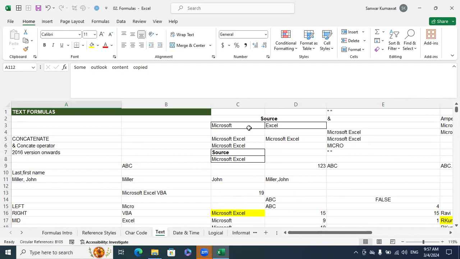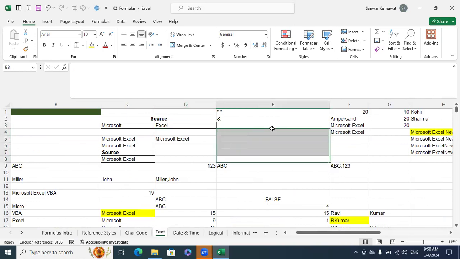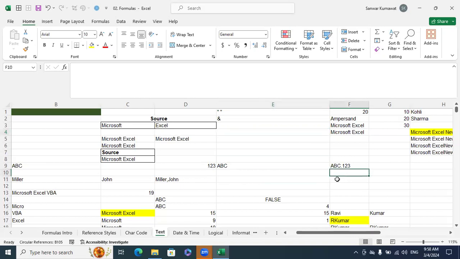I have Microsoft and Excel, and I want to see a result like this. Earlier we discussed segregating names like Miller, John, putting Miller in one column and John in a different column, with the help of delimiters or with the help of